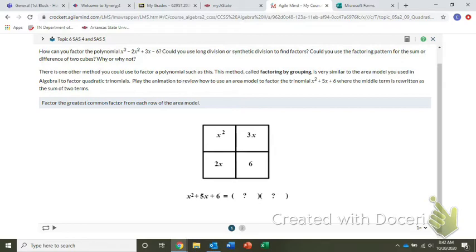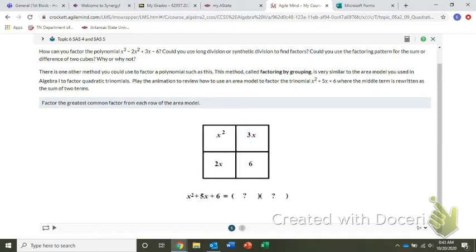Trinomial has 3 terms, so we have an x squared, an x, and a constant, where the middle term is rewritten as the sum of 2 terms. So if you notice right here on this area model, we have a 3x and we have a 2x, and those are written as a 5x, okay? So first,